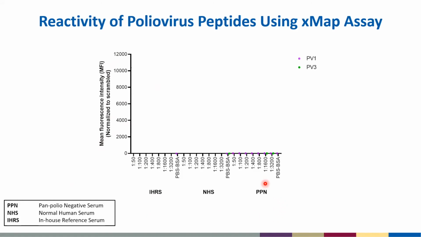And the three types of sera we're using to basically test the assay and validate the assay are a pan-polio negative human polyclonal sera. So hopefully pan-polio negative means that there are no poliovirus antibodies in there. And thankfully, this is just showing reactivity against our poliovirus 1 and poliovirus 3 peptides, and there is